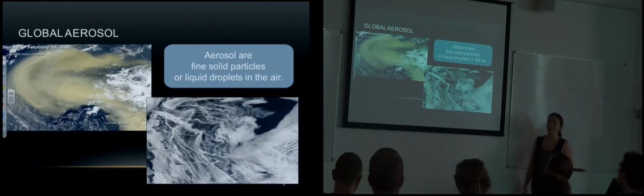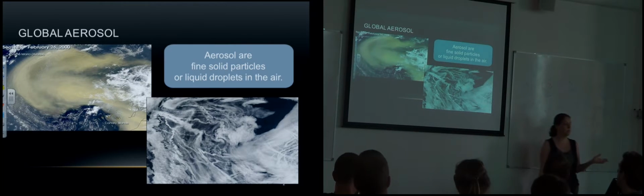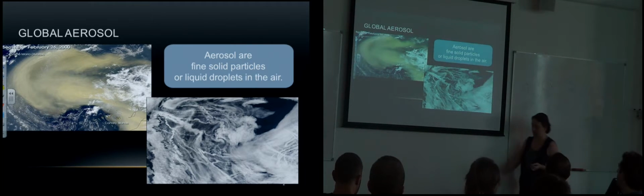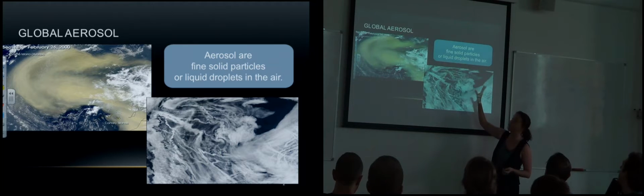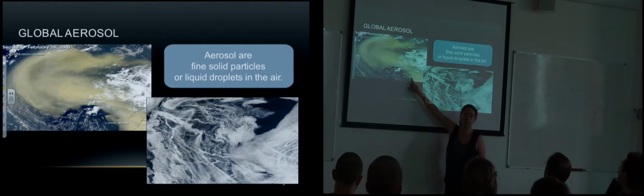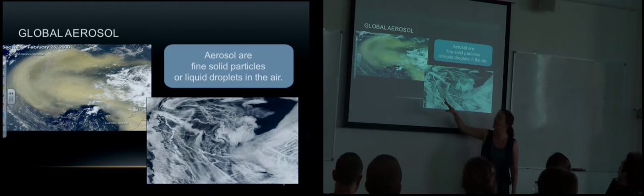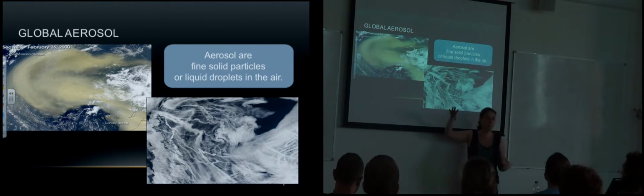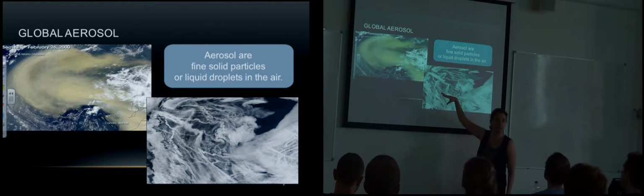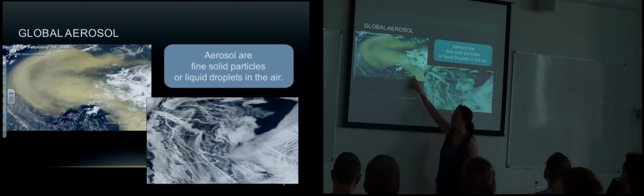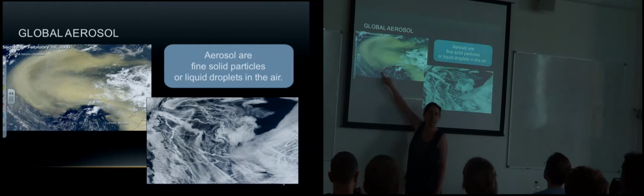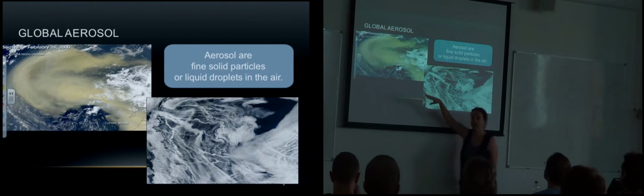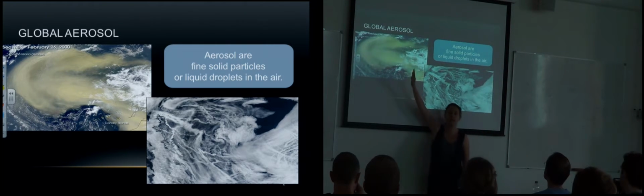So global aerosol, it's nothing to do with CFCs and sprays. It's particles, solid particles or liquid droplets suspended in the air. So this is dust, that is an aerosol, okay? When dust gets into the air, it affects the amount of sun's radiation that can reach the surface or is reflected back. So this dust is lighter than that surface underneath, therefore more of the sun's radiation will get reflected